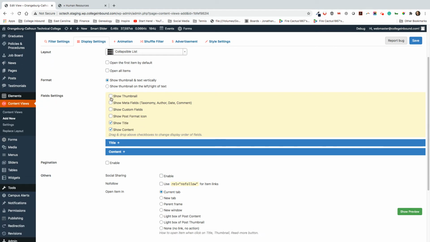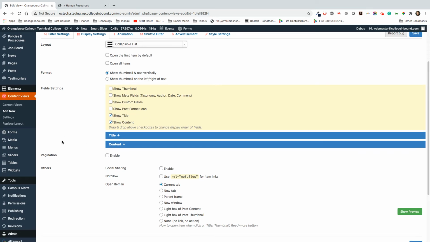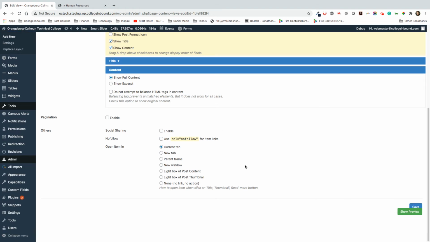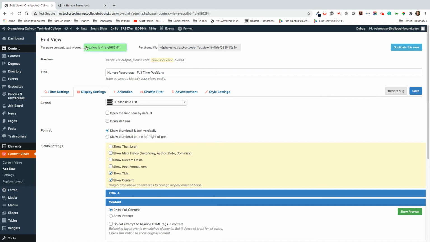I deselected the option for a thumbnail. I only wanted to show the title and the content. Right here under content, I chose to show the full content. You could choose to only show an excerpt of the content, and then it will have a read more button, which will then send you to another page just for that particular job posting. So that's an option if you want to, but if you want to just show the full content on that one page, that's how you do it. You click save, and when you click save, you're going to have a short code right here. All right, so that short code